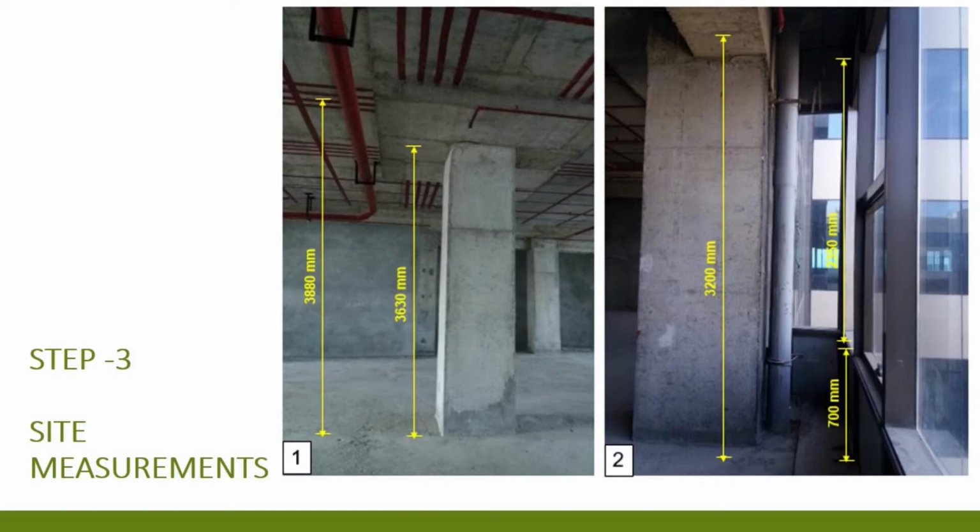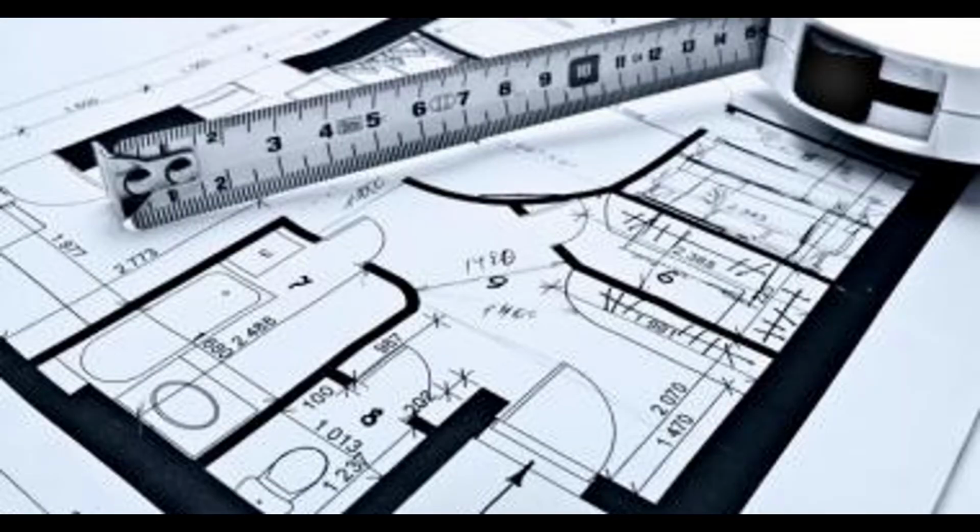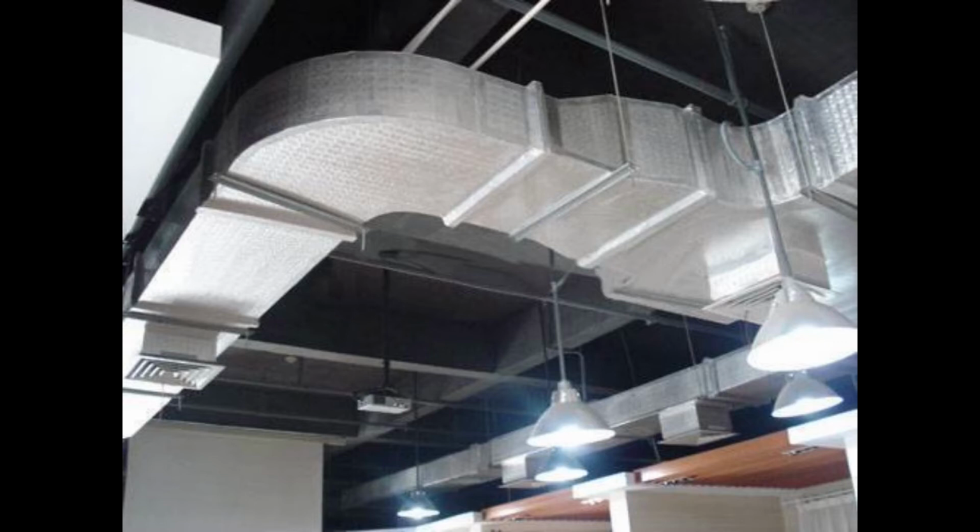The importance of site measurements can never be overemphasized. There are so many factors depending on them, such as designing the spaces or planning for running MEP services over the ceiling. If the column to column distance is different at site from the drawing, your designated spaces will not fit, and if you don't have enough clear space above your ceiling for running HVAC ducts, you will have to lower down your ceiling.